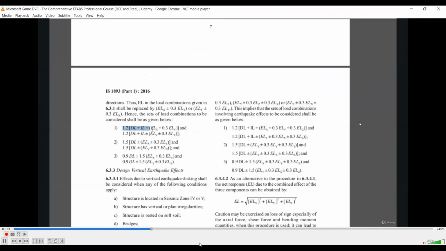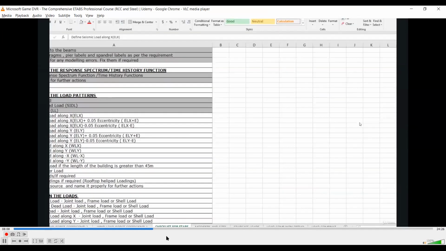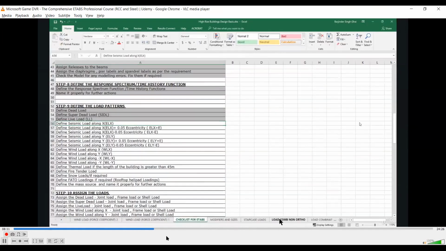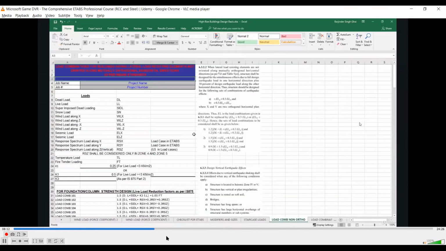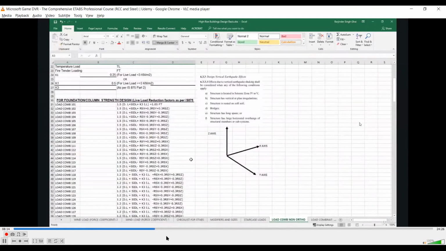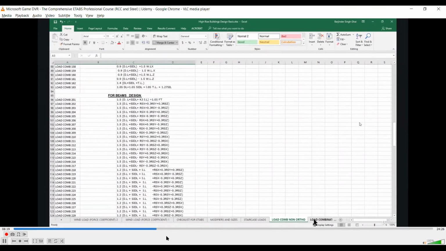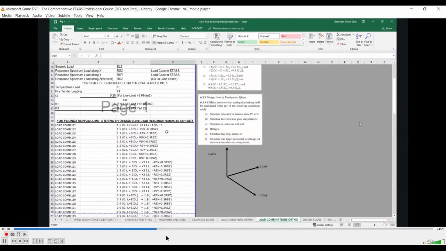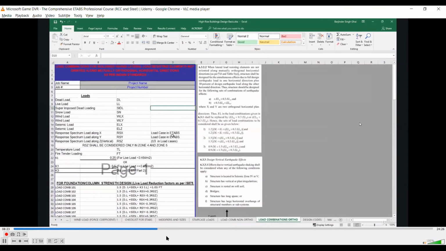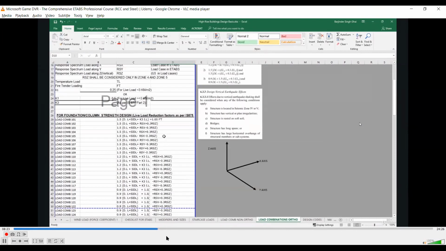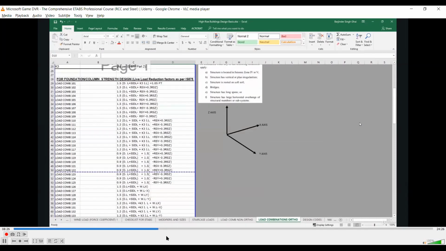So this is the load combination that shall be considered for non-orthogonal buildings, that I have also enclosed in this Excel file. I have prepared a list of all the load combinations that need to be done when the building is non-orthogonal, and this is the set of load combinations for the building in which the building is orthogonal to the X and Y axes.